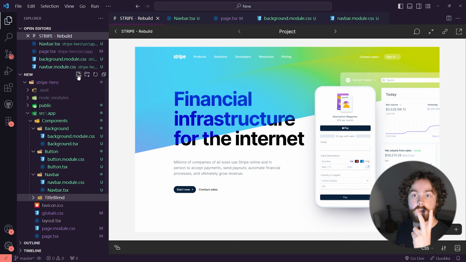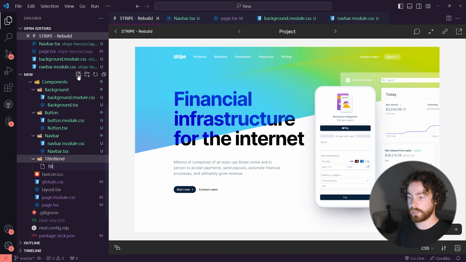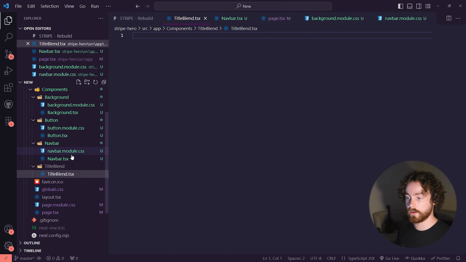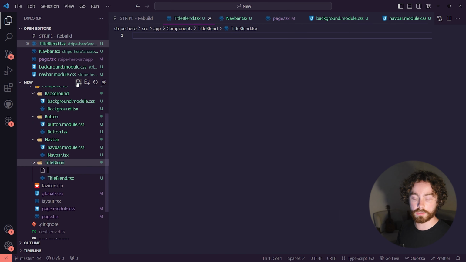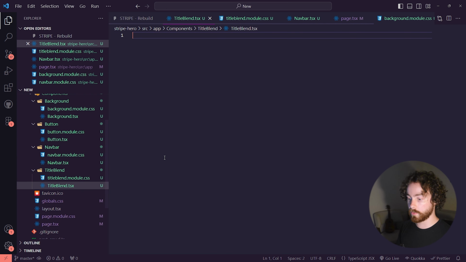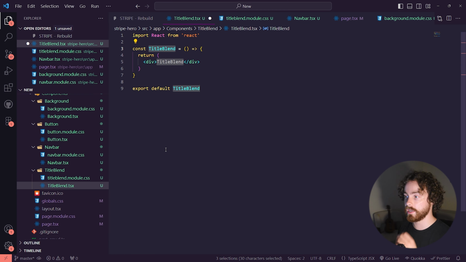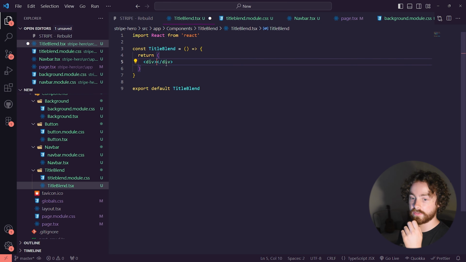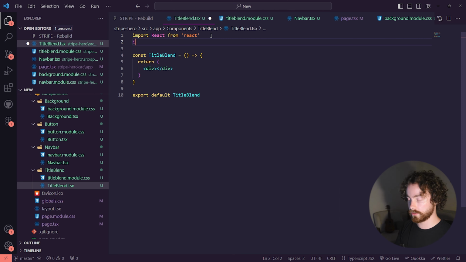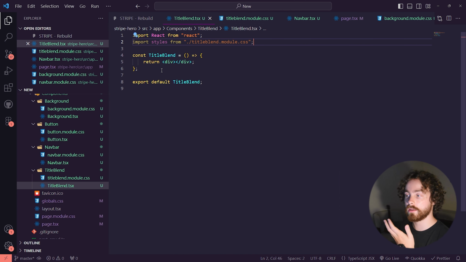Inside of title blend, we're going to create two files. Again, title blend.tsx. And we're also going to add in another one called title blend.module.css. Inside of title blend, what we want to do is type in IFCE, and we want to get rid of this. After doing so, we also want to import our styles from our title blend.module.css styles that we